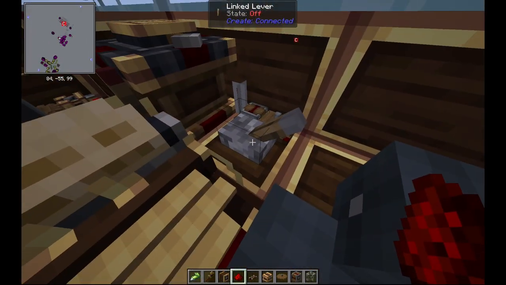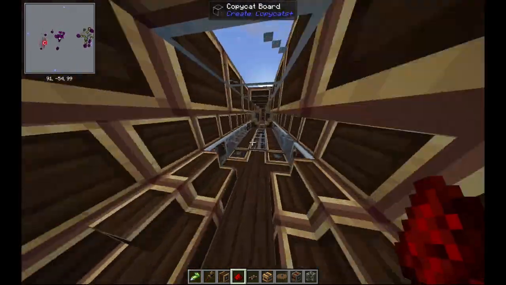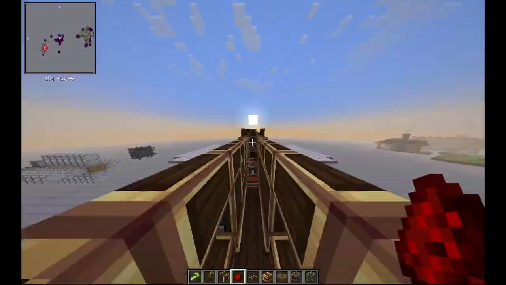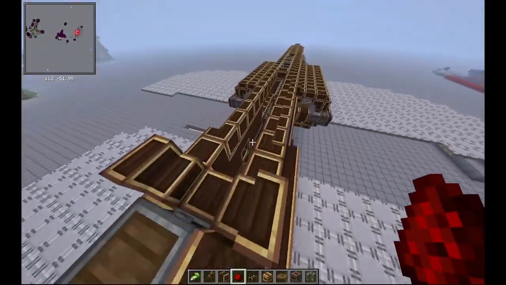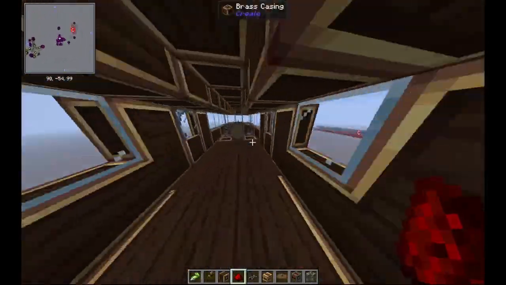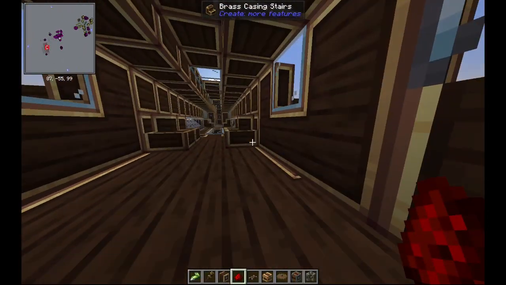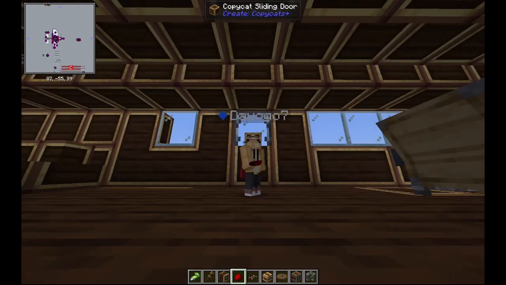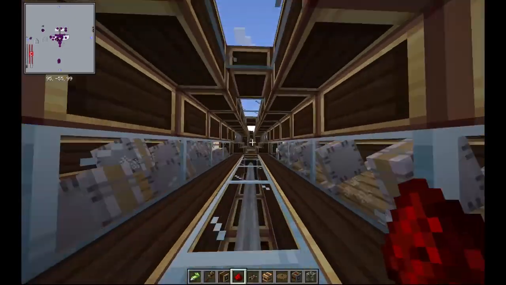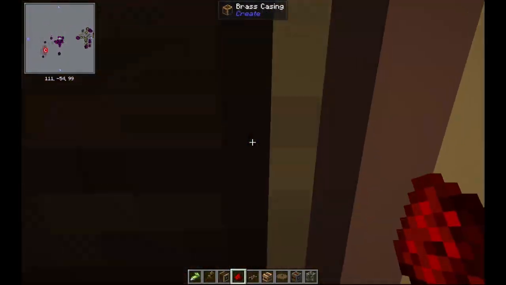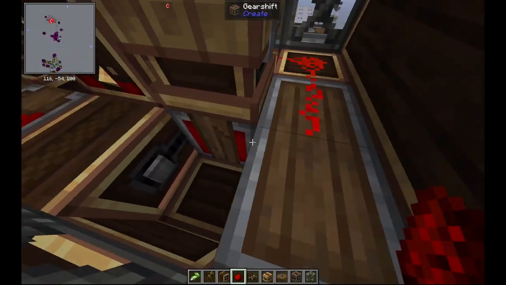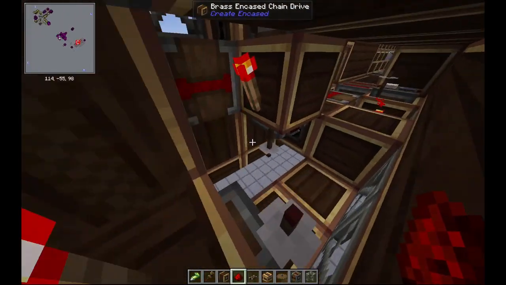So I just have an off switch, which activates a clutch that shuts off all power to all engines, including the one up here. So yeah, let's turn this back on. You will notice that I am quite small. I changed my generic scale to fit through the nooks and crannies of the build here, because it's quite tight, and I had to see what was working, what was not working, and what was interacting with what. And yeah,